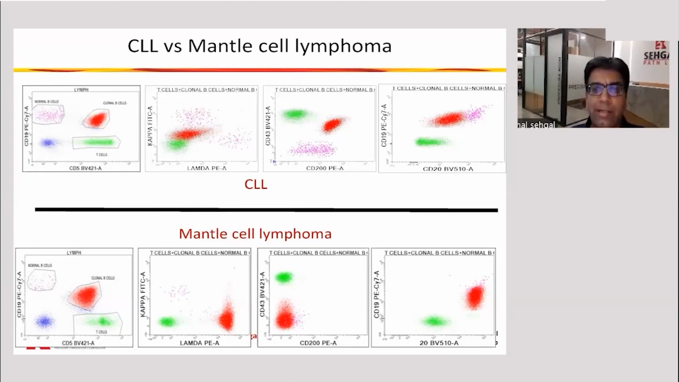This is typical of what we call the mantle cell phenotype. As I said, the CD20 was bright, and this is a mantle cell lymphoma compared to the CLL. So, three major differences: bright CD20, absence of CD200, and a bright lambda light chain expression in a CD5 positive